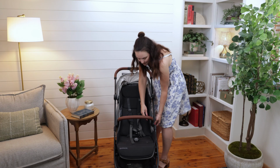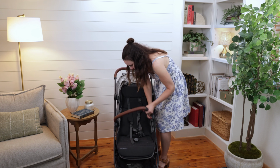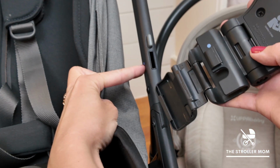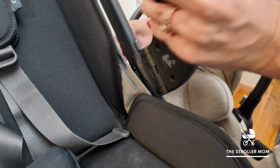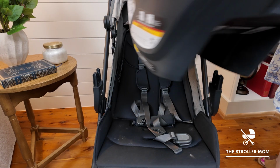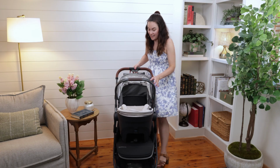But to use it with the UPPAbaby, there's actually a little button you press here to take off the bumper bar. And it does open out if you end up doing that, same with the snack tray. So here are the car seat adapters for the UPPAbaby. I like that they're color coded, and the stroller does fold with these car seat adapters. To use the stroller with a car seat, you'll just recline the seat a little bit, and then this is the UPPAbaby Aria car seat, and it just pairs super easily on these adapters,